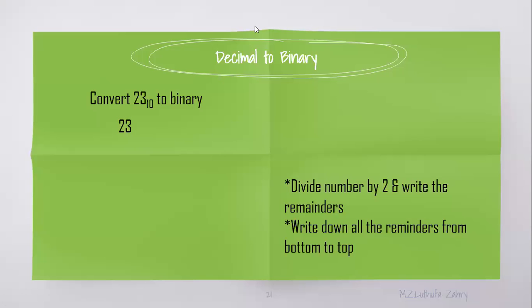So decimal to binary. When you want to convert a decimal number to binary, what you have to do is first convert 23 base 10 to binary. First thing you have to do is division. Divide the number by 2. 2 here is the base of the binary. So when they're asking a decimal number to be converted to any other format, you have to divide it by the base of the other number system. So divided by 2, what will you get?